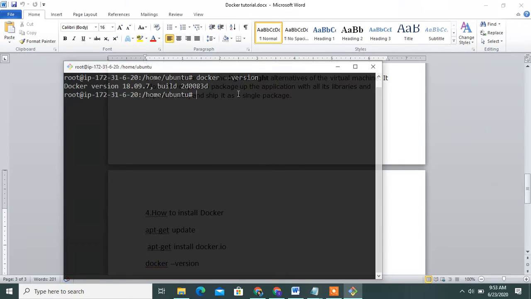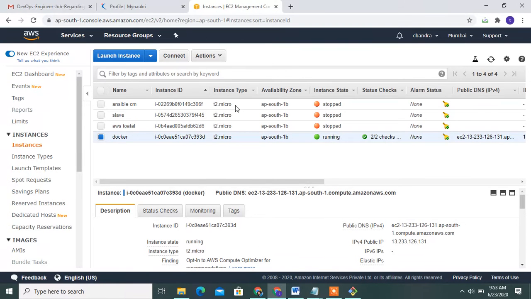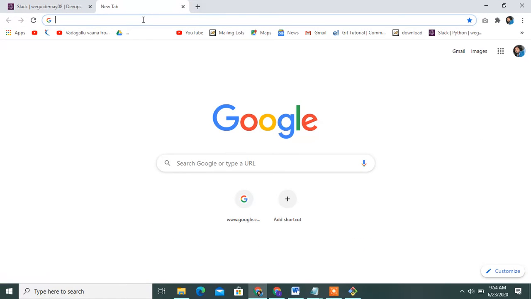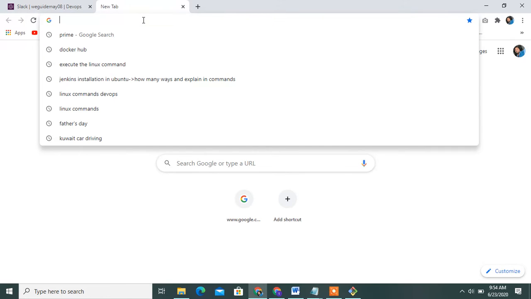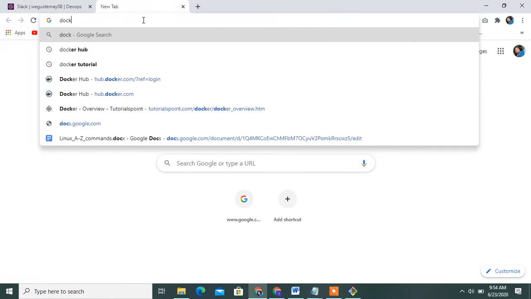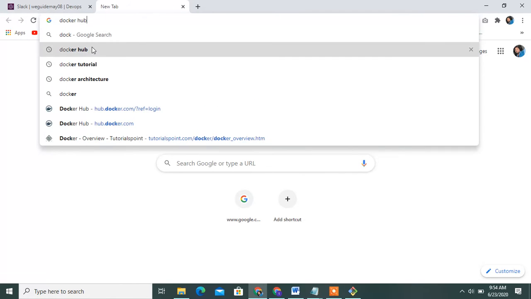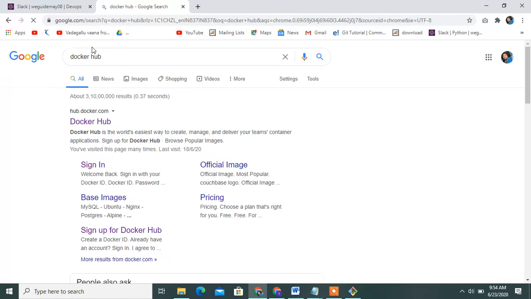First of all, create one Docker Hub account. I will explain how to create it. Go to a new tab. Type Docker Hub. In my case, I have already signed in.